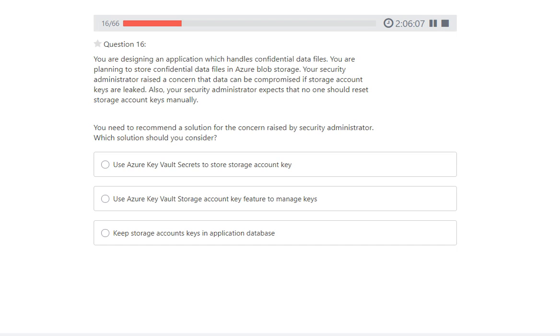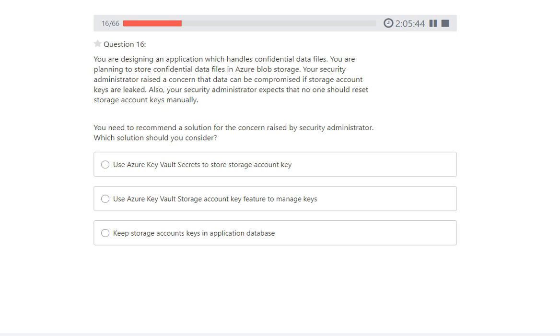You need to recommend a solution for the concern raised by the security administrator. Which solution should you consider? We have three options. Use Azure Key Vault Secret to store storage account keys. Use Azure Key Vault storage account key feature to manage keys. And the third option is keep storage account keys in the application database.